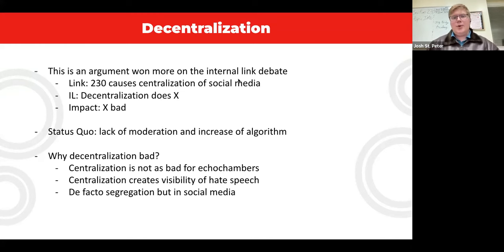This makes it where people will feel some sort of de facto segregation, because they will want to be in places that agree with them, and a place that might have moderation that might oppose them, they'll think twice about going there. We already see that there are lots of different sites that people go to just because it is a site that has a higher political agreement with them. This is a core way that a lot of echo chambers work. So we could argue that if decentralization happens, people go to more independent social media sites. They will go to places that agree with them specifically.